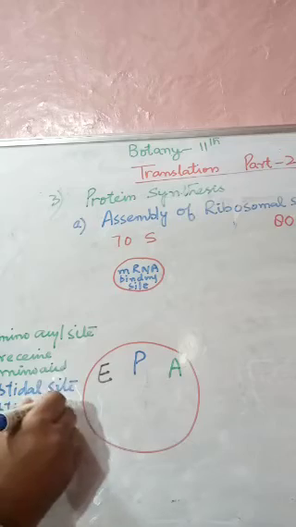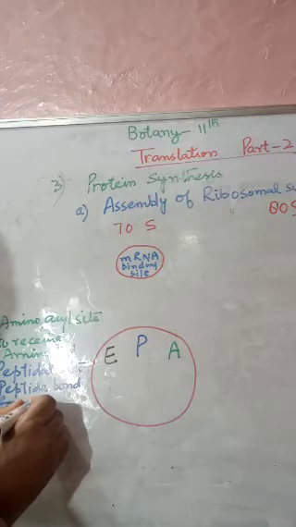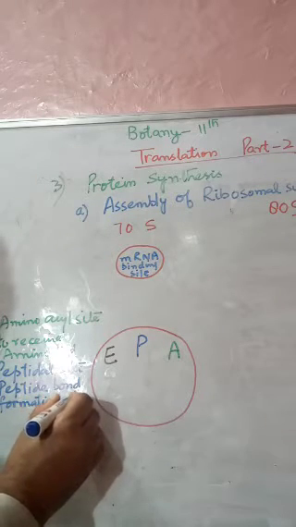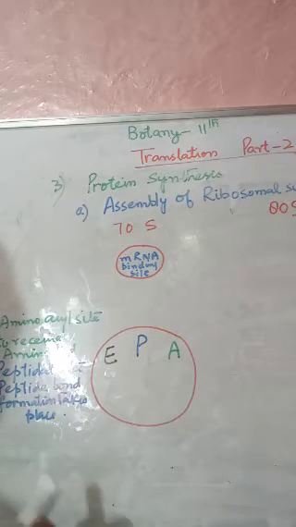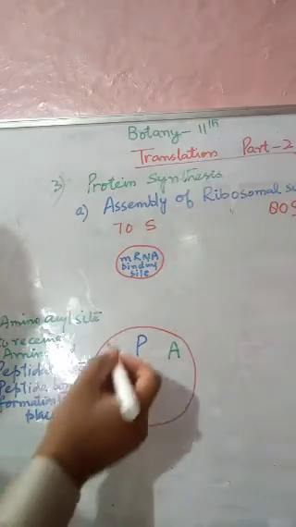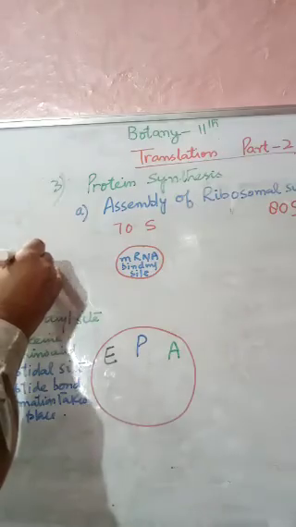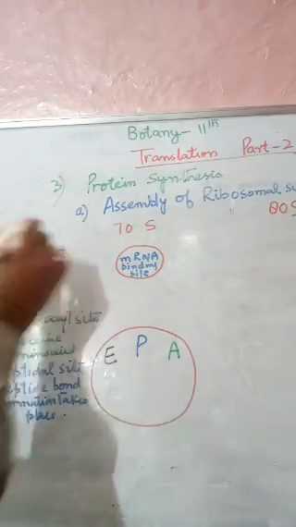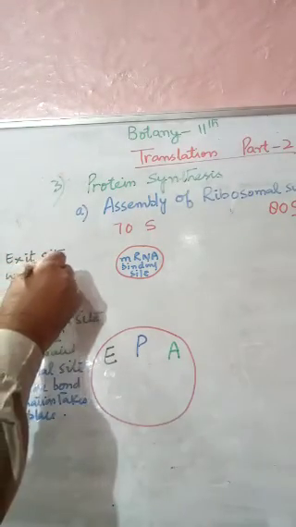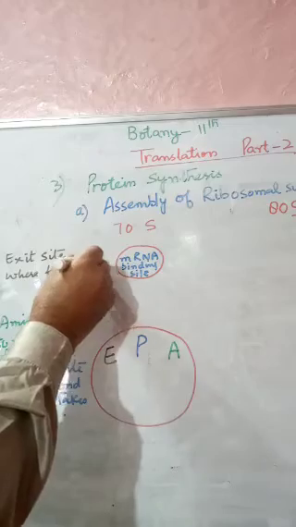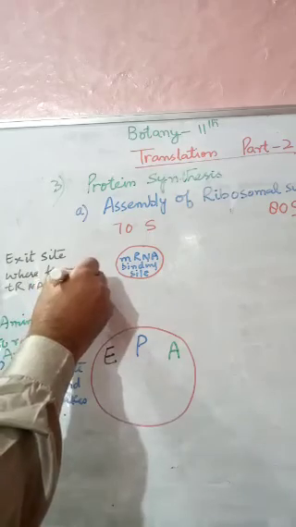Peptide bond formation takes place. And now we have the E. What is this E? This E is the exit site. E is the exit site, the place from where the tRNA is going to exit,